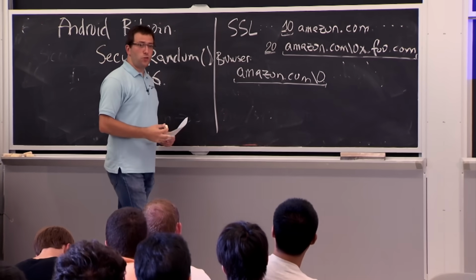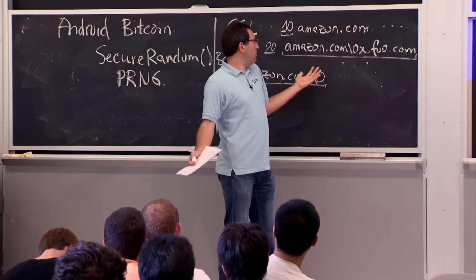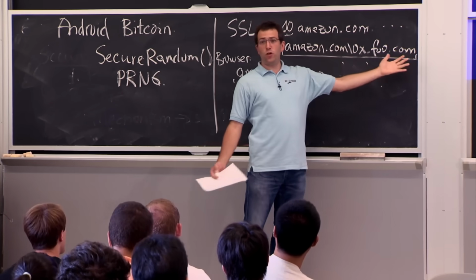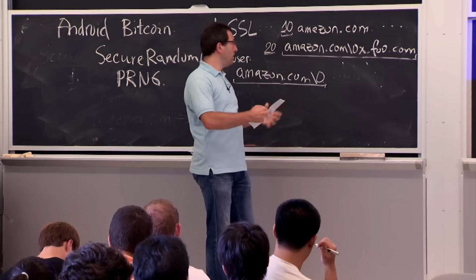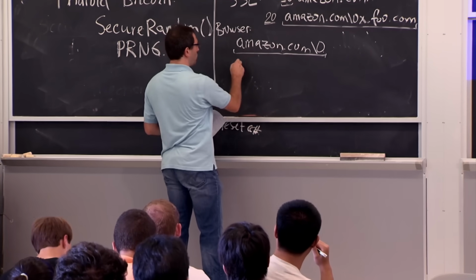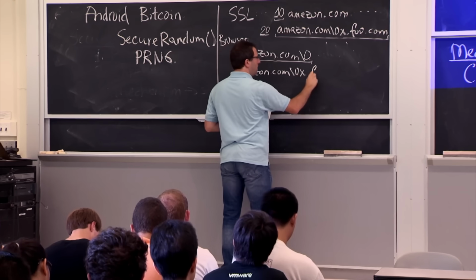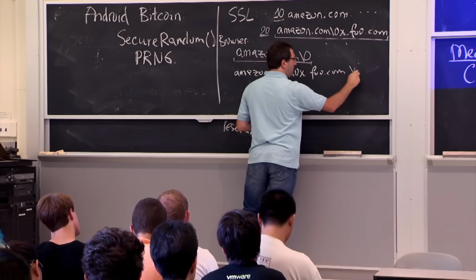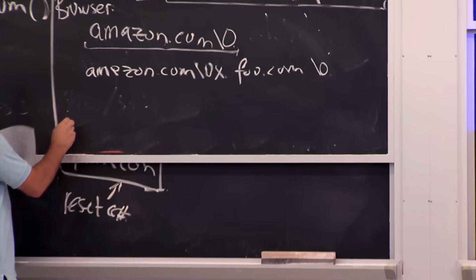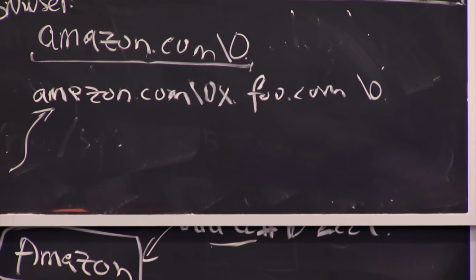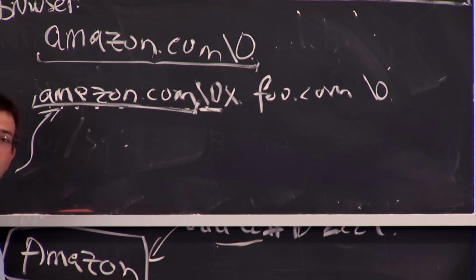It used to be that if you go to a certificate authority, in many cases, you could say, hey, I own foo.com. Give me a certificate for this thing. And they'd be perfectly willing to do it because it's a subdomain of foo.com. It's all yours. But then when a browser takes this string and loads it in memory, what it does is the same thing it did here. It copies the string, Amazon.com\0x.foo.com. It'll dutifully add the terminating 0 at the end. But then when the rest of the browser software tries to interpret the string at this memory location, it'll keep going until it gets to the 0 and say, OK, that's the end of the string. So this is Amazon.com. That's it.